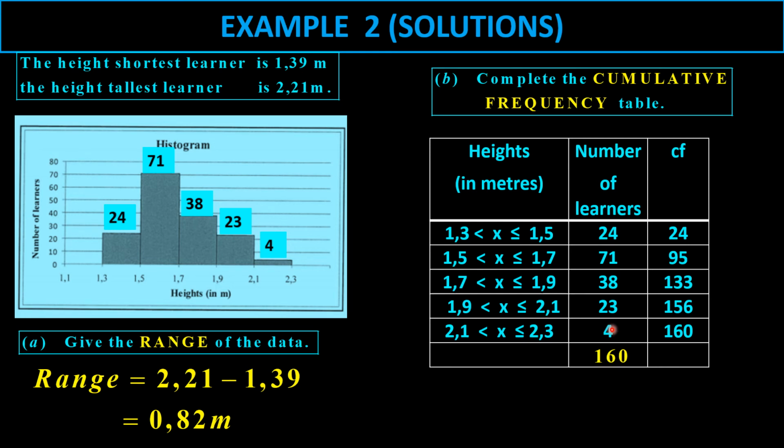There I populated there. And if I get the total, I see the total is 160. How do we get the cumulative frequencies? 24 goes there. 24 plus 71 is 95. 95 plus 38 is 133. 133 plus 23 is 156. 156 plus 4 is 160. And notice if you get a 160 there and a 160 there, then you definitely have calculated your cumulative frequency